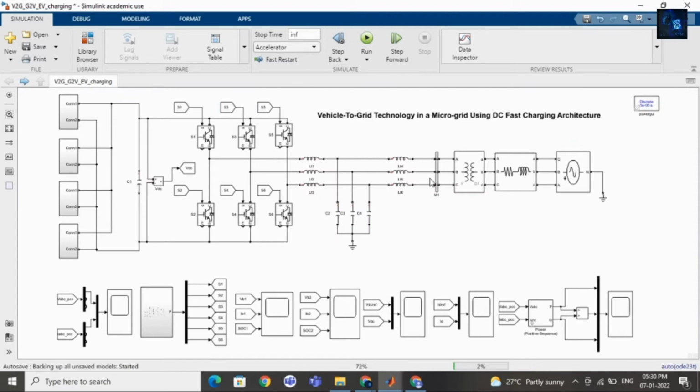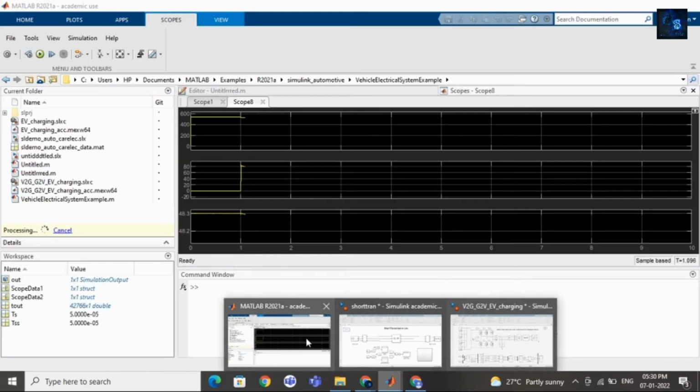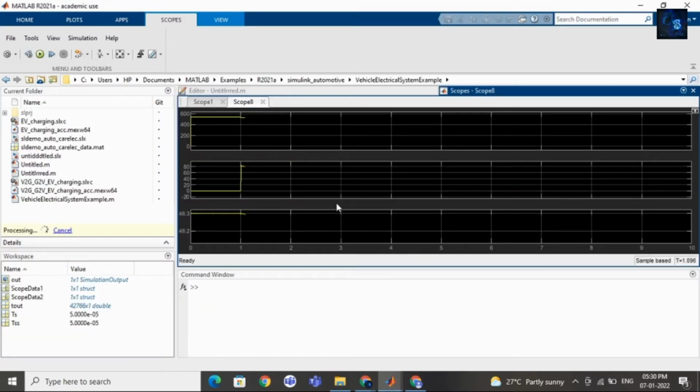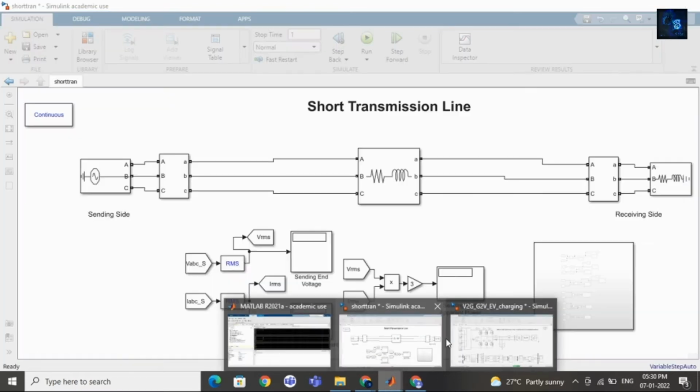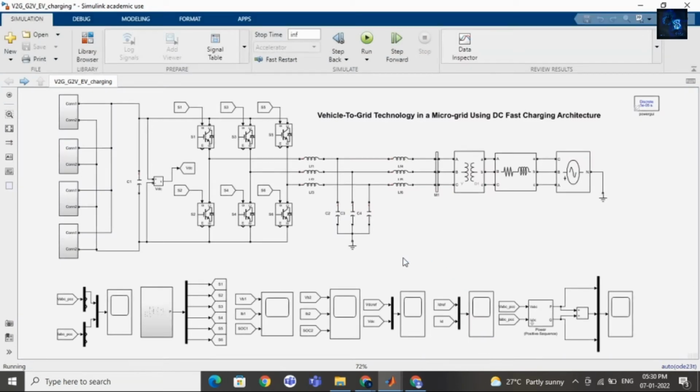We will verify our results. It will take a few seconds.